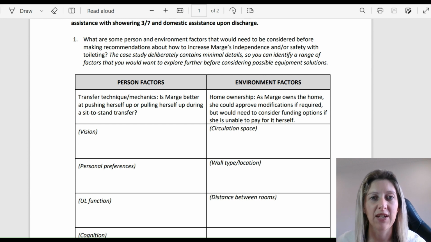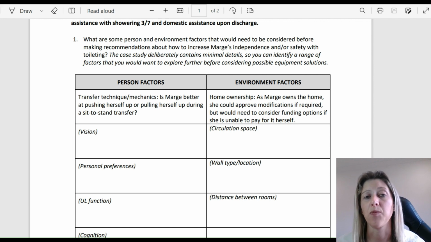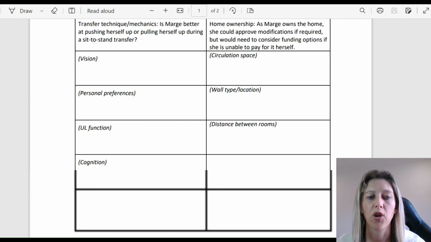You can see here that it's given them a few prompts to get them started. Some person factors might be considering their transfer techniques, while environment factors might be considering the ownership, who owns Marge's home and what might be able to be installed. And there's a few other prompts there for other factors. Once they've worked their way through that,